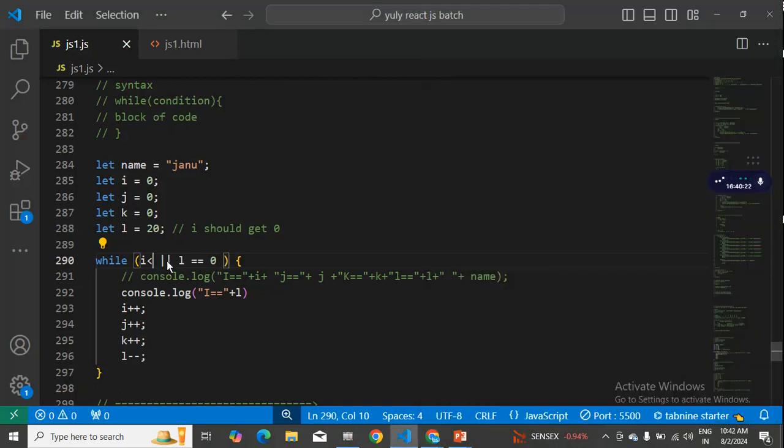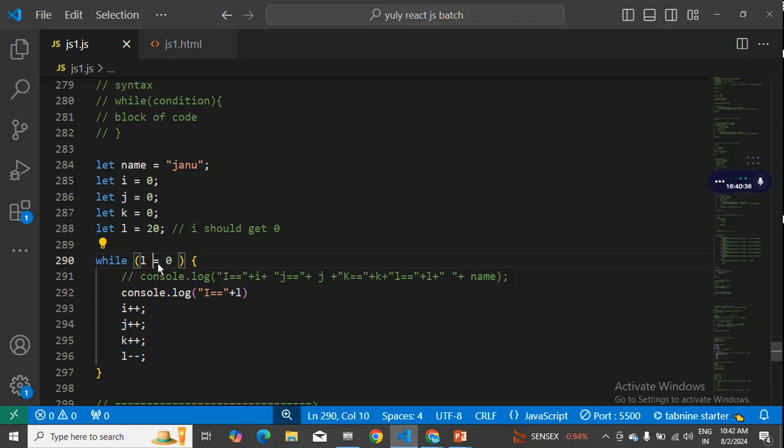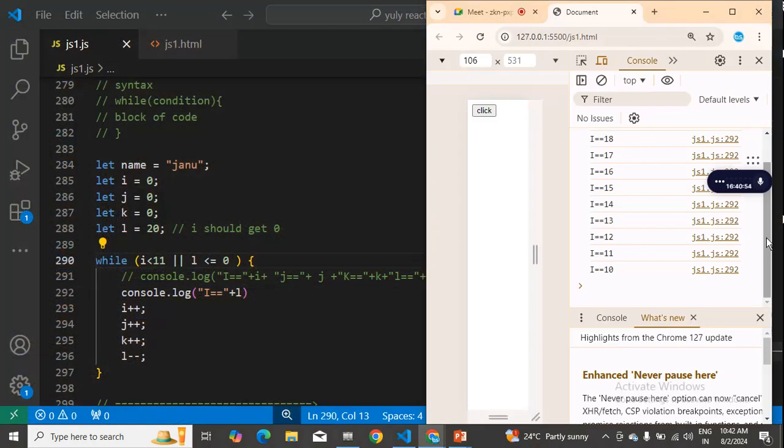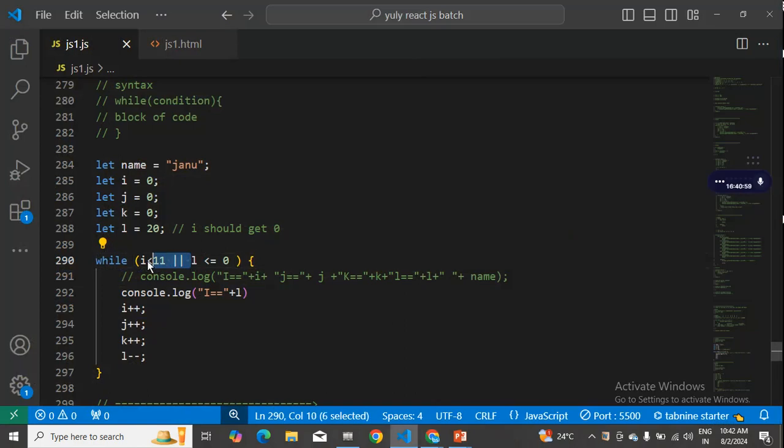I is less than 11. See, now I'm sorry, the condition was wrong. Now I'll be able to print. So I'll also take this condition,